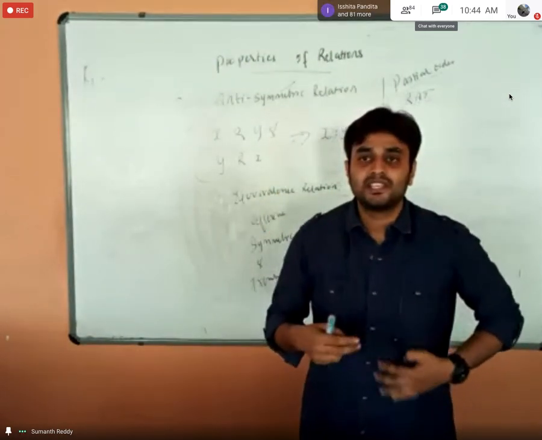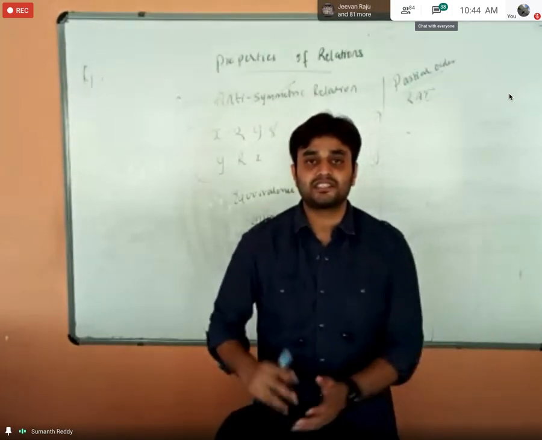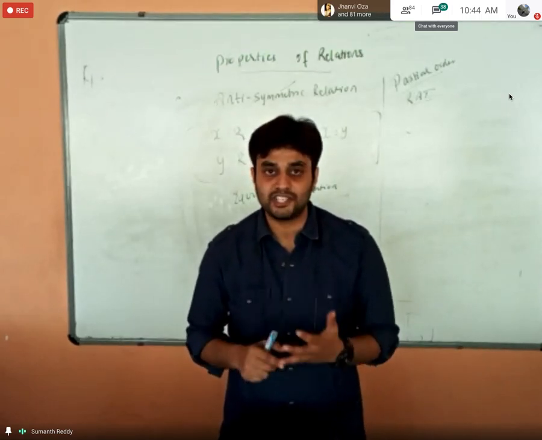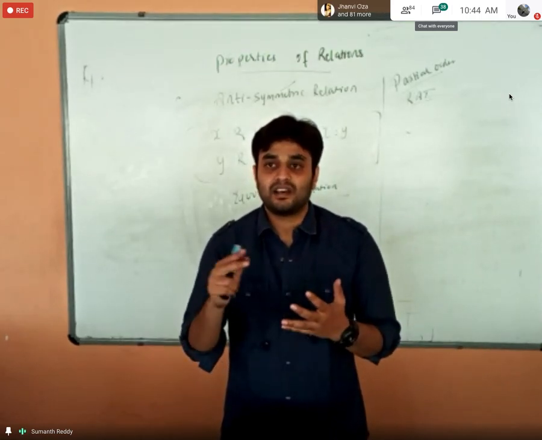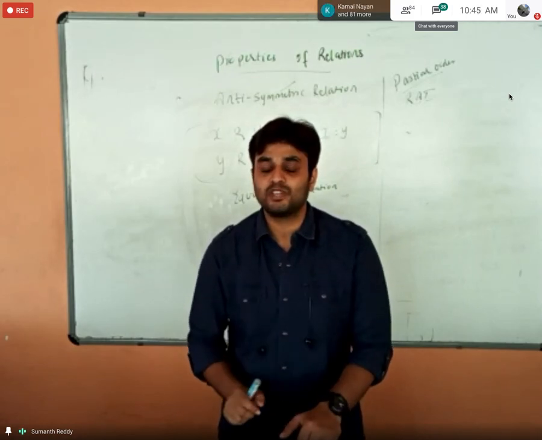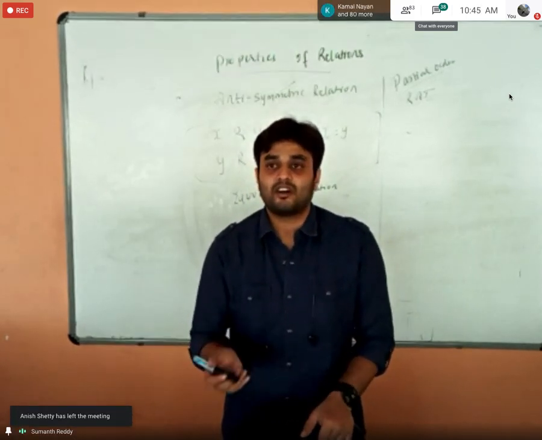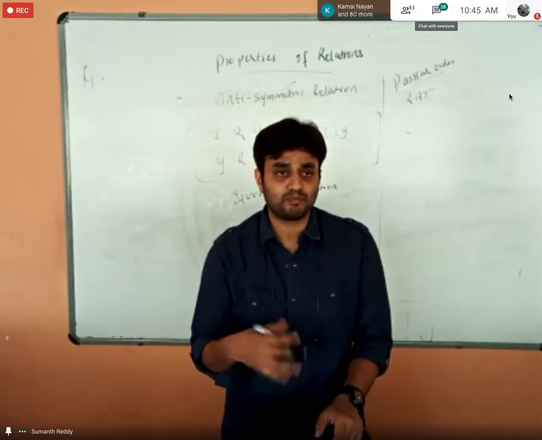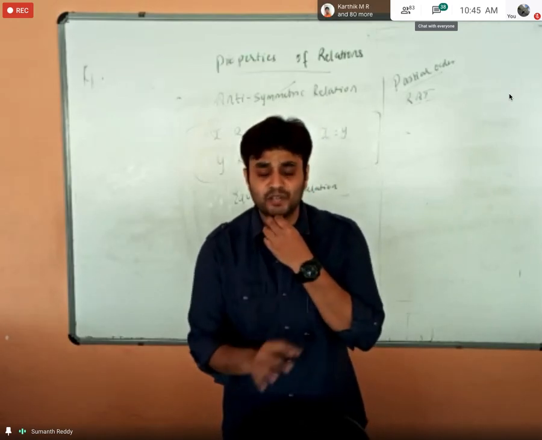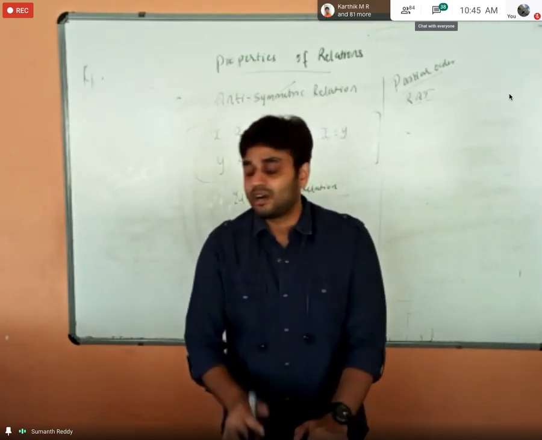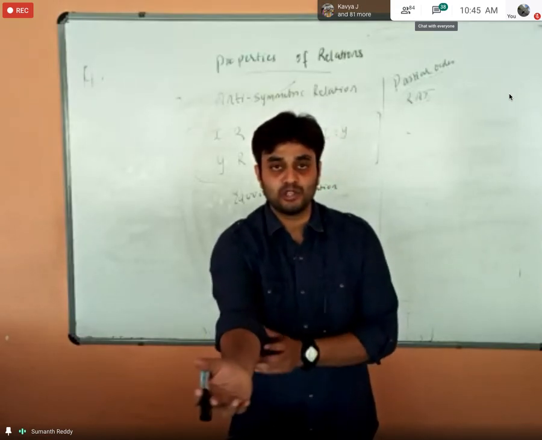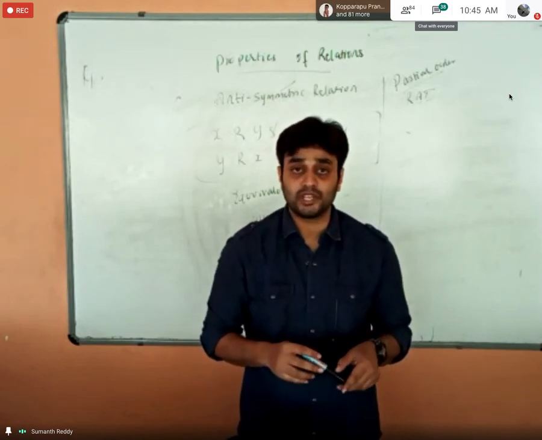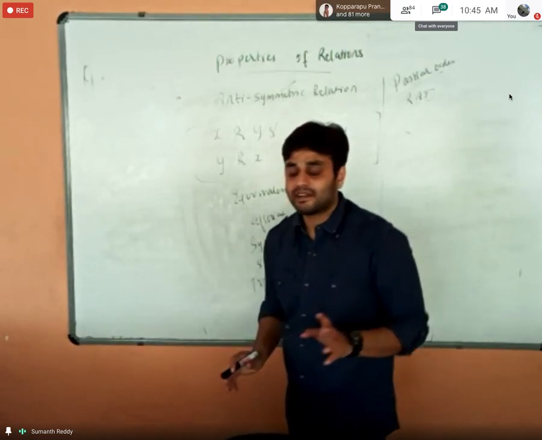Next, if I go to the equivalence relation, we will be solving the problems with respect to the partitions and the equivalence classes. And in case of the partial orders, we will be solving the problems with respect to the Hasse diagram. After that, we will be looking into the various properties of the Hasse diagram, like upper limit, lower limit. There are different properties, so we will see that. Next class also I'll be taking module 3 itself. Tomorrow also I have class right at 2 o'clock, so I'll be solving module 3 problems only. Fine. I think today's class is clear, right?